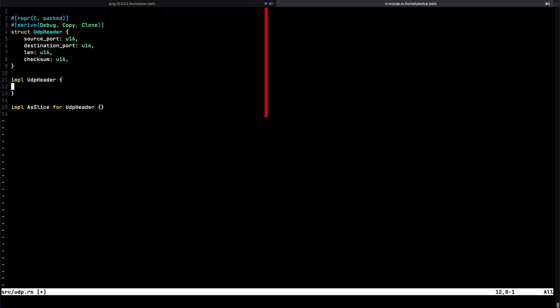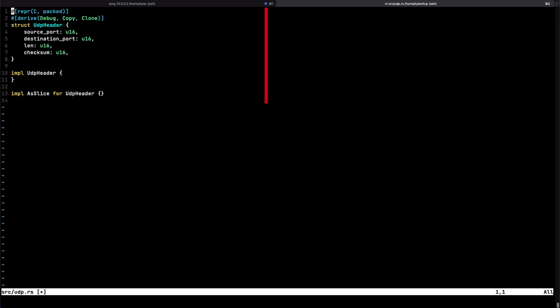So I guess that's the next question: what else do we need out of this? And I think if we're going to proof of concept this today, we probably want to be able to send a reply. And really the easiest way to do that, I mean, what's a reply? It's swap the source and destination ports. If we're going to send the same data back, we can just use the same length, and then we'll have to recalculate the checksum later. But I think I just want to make something called reply header